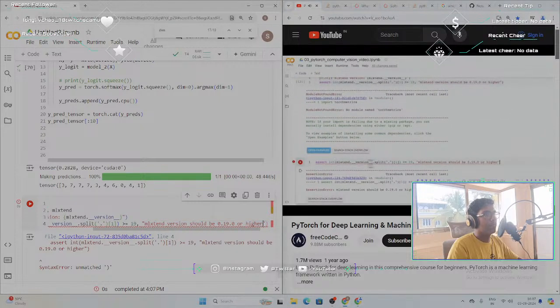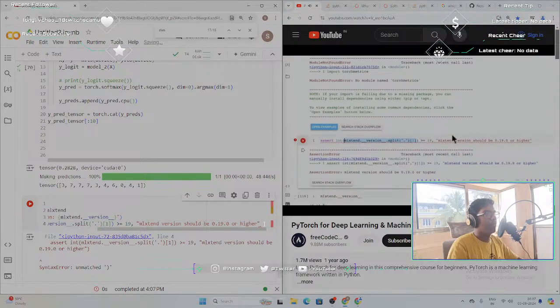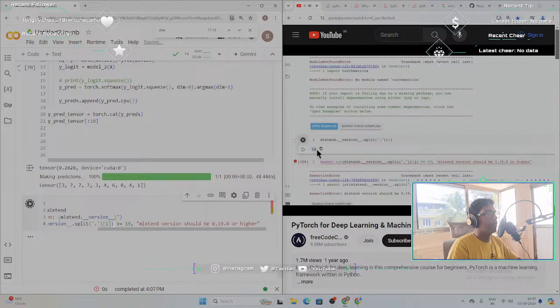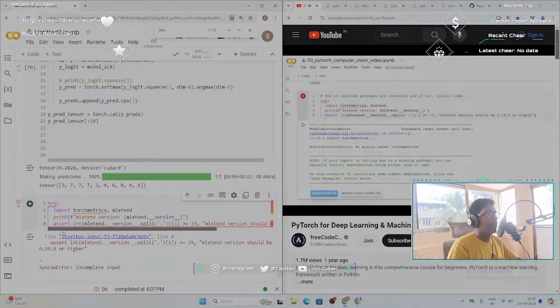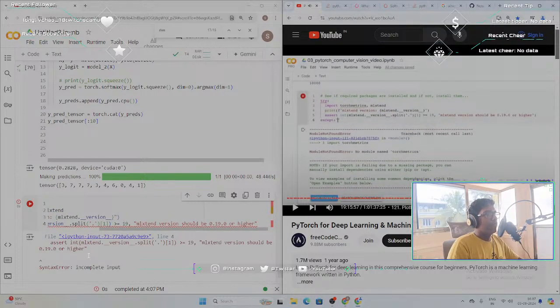So this is just saying, hey, the version of ML extend that you have should be 19 or higher, because right now Google Colab by default has 14. This may change in the future. So let's finish off this except block. If the above condition fails, which it should,